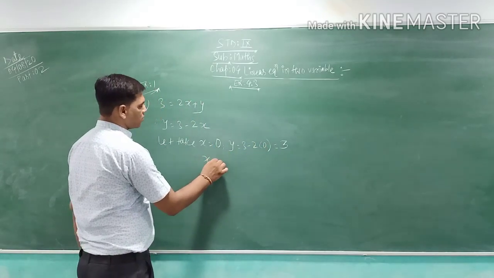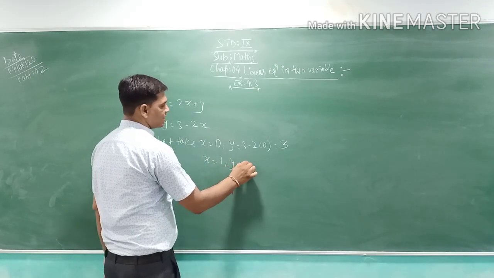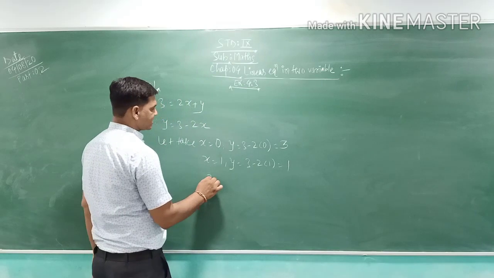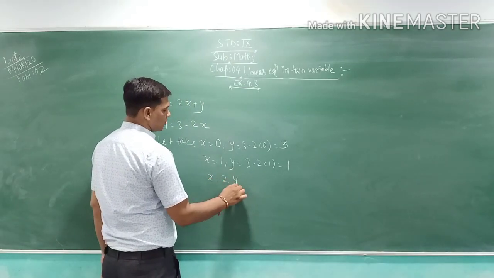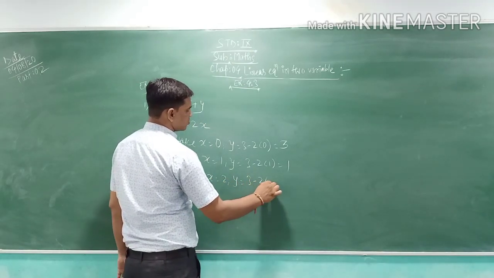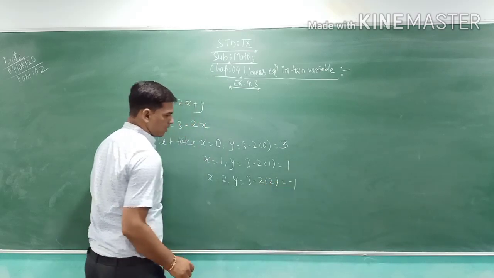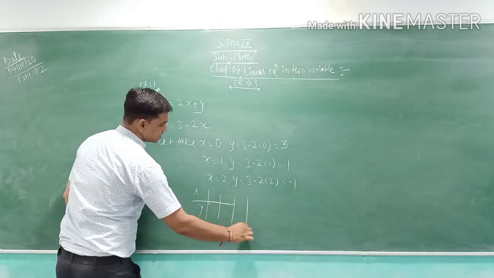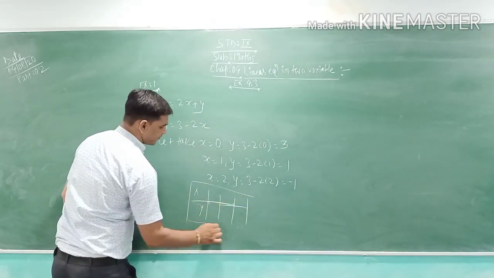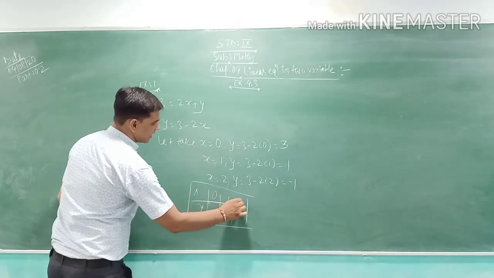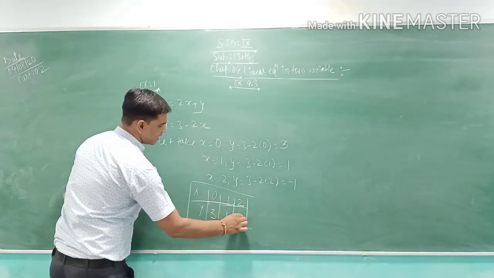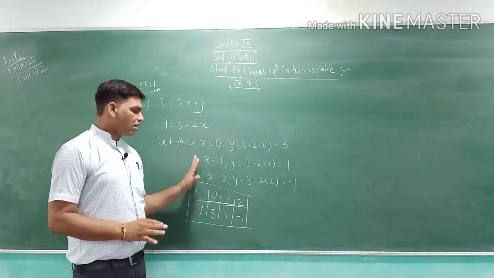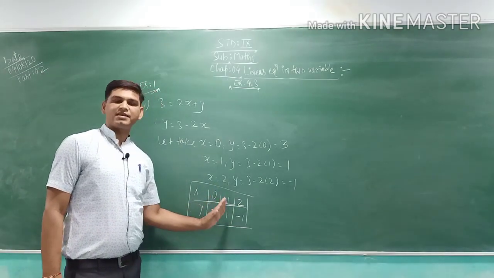Now let x equal to 1. Y is equal to 3 minus 2 into 1, that is 1. Let me take x equal to 2. So y equals 3 minus 2 into 2, which is 3 minus 4, equal to minus 1. So I get the values of x and y. The three values we take for x are 0, 1 and 2, and then y is 3, 1 and minus 1. So let me find the solution set first, with all the values of x and y as part of the solution set.